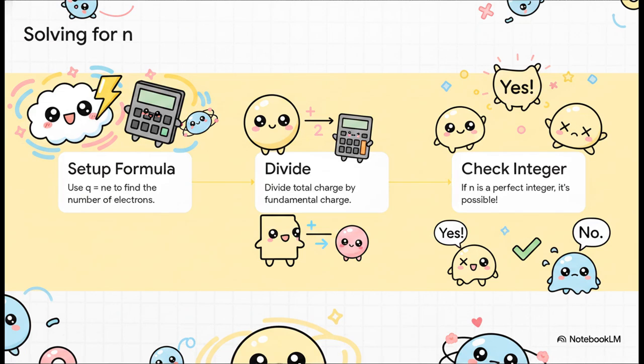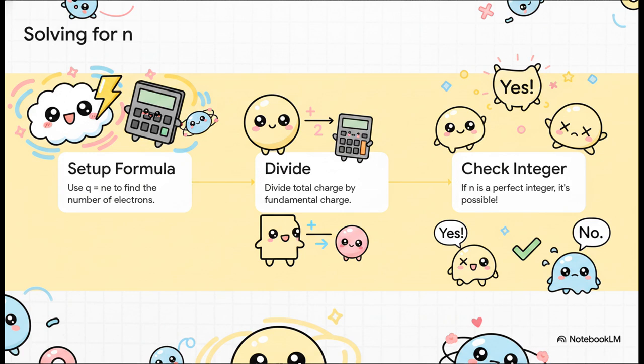Set up your formula. Q equals n times e. Then, divide the total charge requested by the fundamental charge of one electron. When we crunch the numbers here, that 10 to the negative 19 goes up, becomes positive, and we end up dividing 80 by 1.6, which gives us